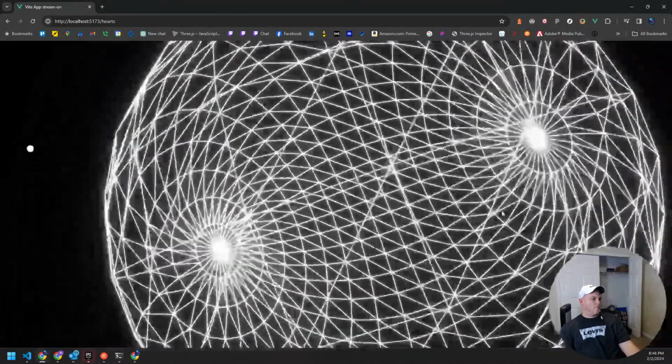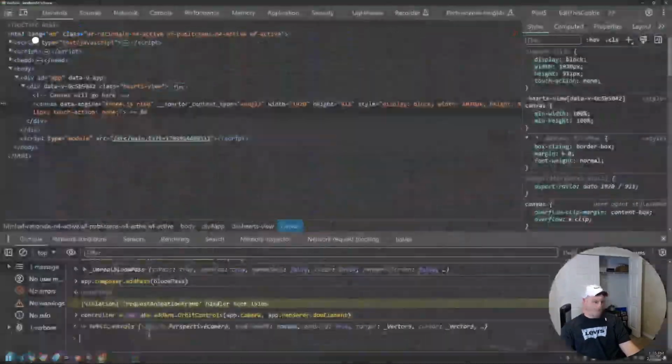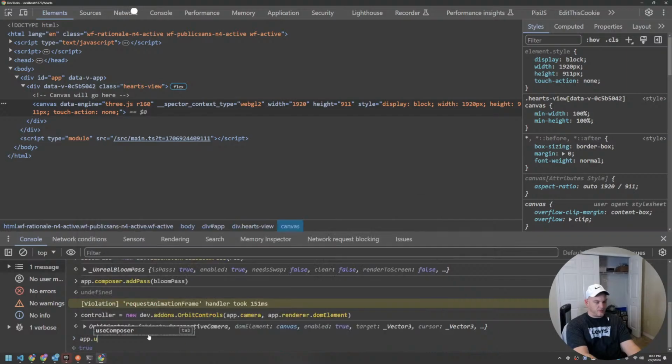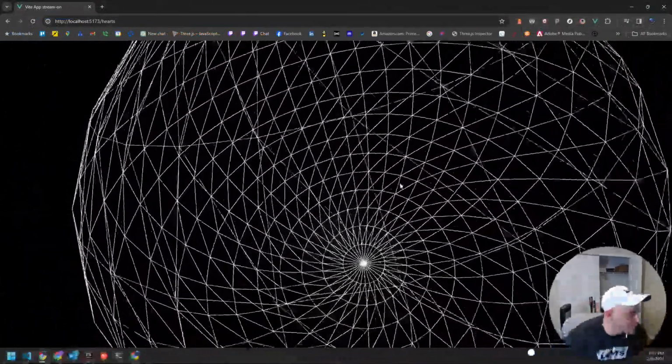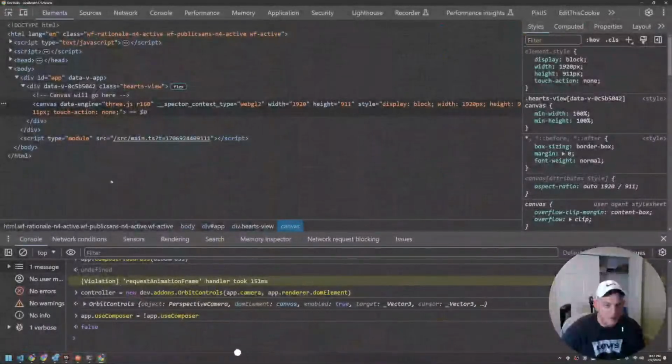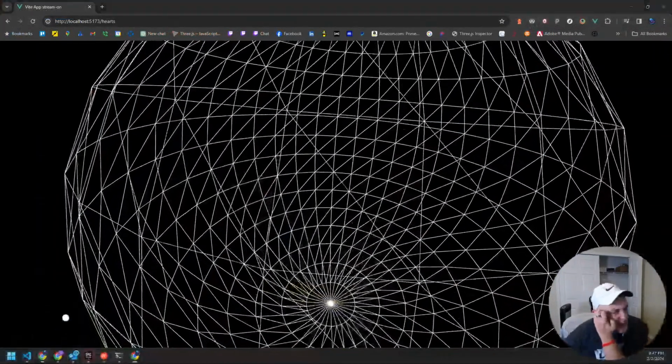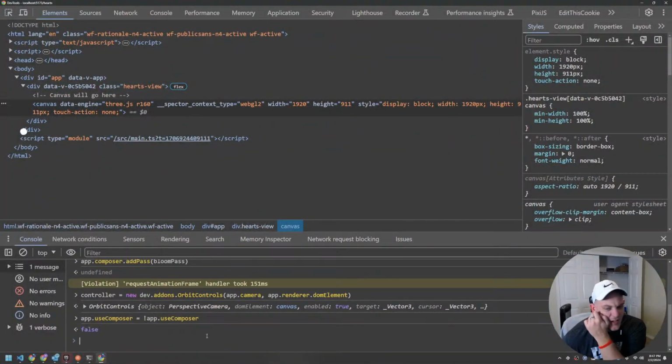I can toggle it on. I can say app.useComposer equals false, or I could just do app.useComposer. Right, and now if you look at it, we're not using the composer at all. We're just using the regular render. There's other stuff I added to this too, like if it's not being